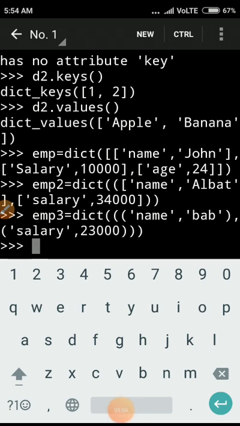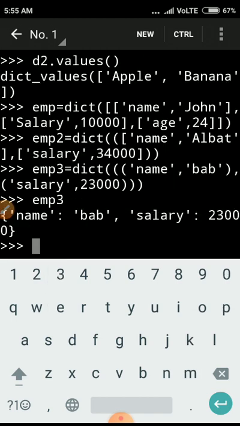Now if you want to update the dictionary, that is also available. We can update the dictionary. Suppose I take the dictionary emp3. Look at our content: here there are only two elements, first two key-value pairs, name and salary.